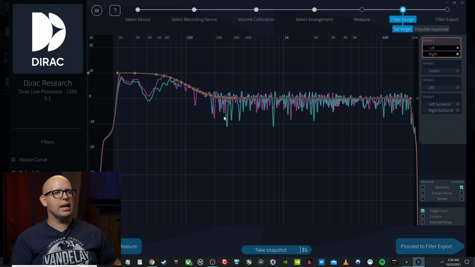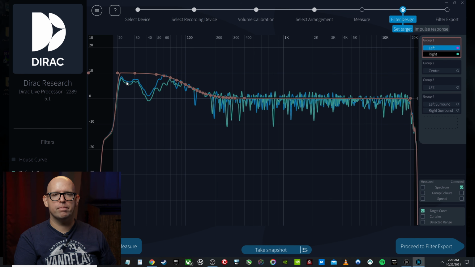If you're going to apply a house curve like this, then you're gonna want to tweak your subwoofer volume so you have enough headroom before you take your measurements. And then once you get to this point, you won't have to worry about missing out on all of this information there. So there you have it. You should now have your filters in place within the Dirac Live processor, and your output is the Dirac Live corrected audio. Now, like you saw yourself, you can flip these on and off to hear the differences in real time, and you can save multiple filter profiles and switch between them at any time, so you can hear the difference as well. Super, super cool.